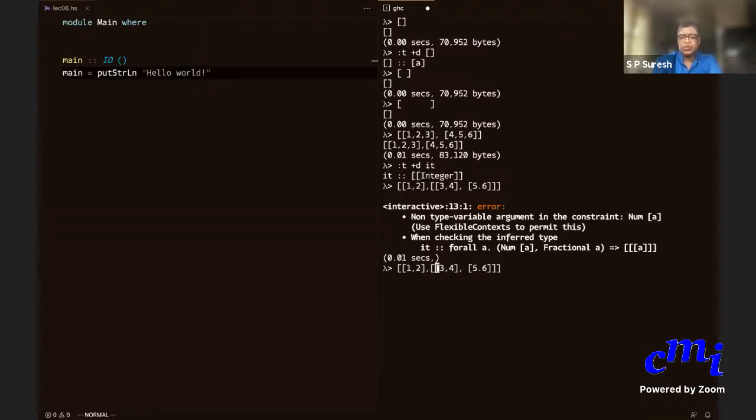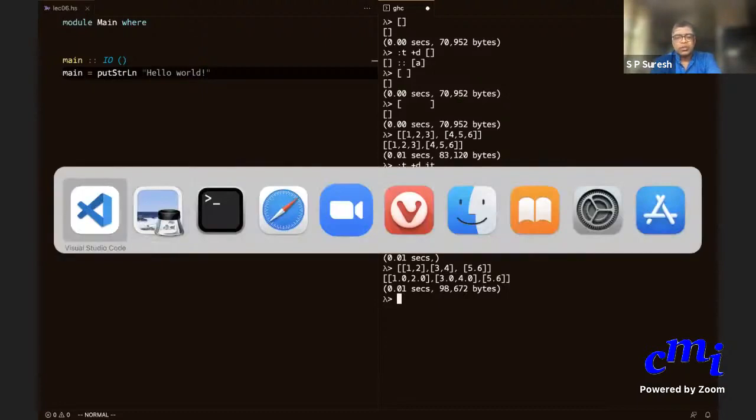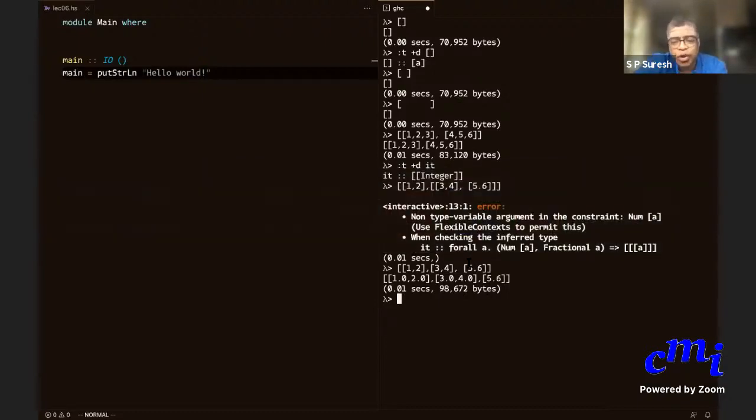First list is 1, 2, second list is 3, 4, third list is 5, 6. You can have this. That is because I put 5.6 here. I don't know why I'm consistently typing full stop instead of comma. They are right next to each other.